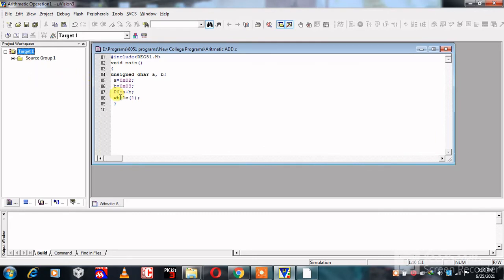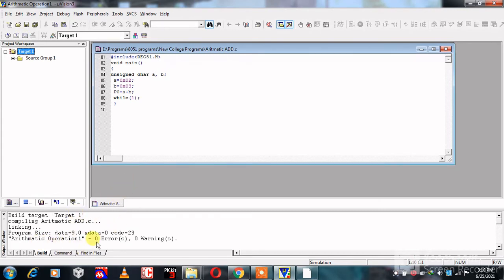Our third process is debugging the program. Before debugging, click on translate current file, then click on build target and then click on rebuild all target files.